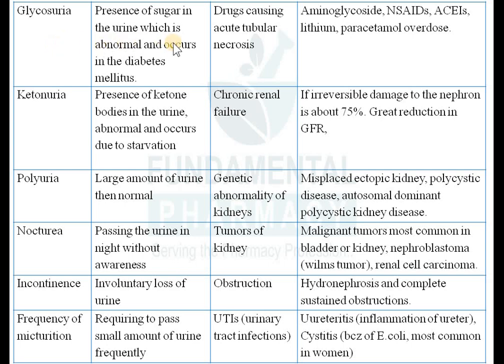Glycosuria means presence of sugar in the urine. Ketonuria means presence of ketone bodies in the urine. Polyuria means passing of a large amount of urine than normal, that is polyuria. Nocturia means passing of urine during night. You are sleeping, you had a nice dream and spoiled the whole bed, that is nocturia. Incontinence means